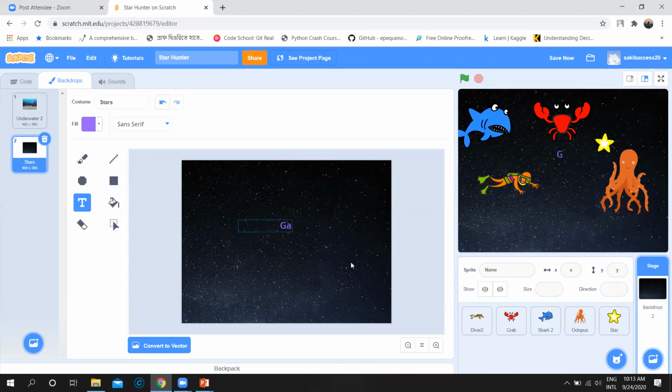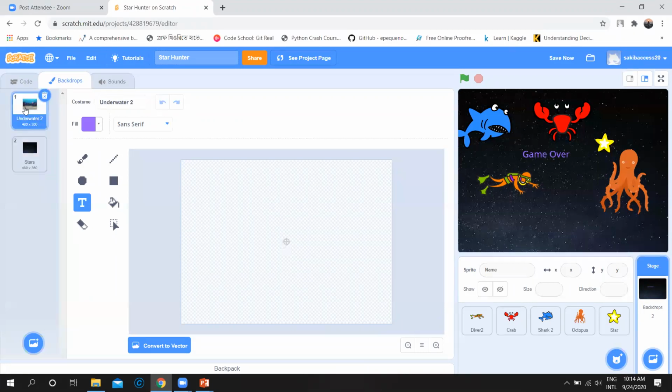It's not that flexible, but somehow I can write it. I have written game over. So click on the text and you can write game over here. Whenever my game is done, it will show this page. My target is this one.